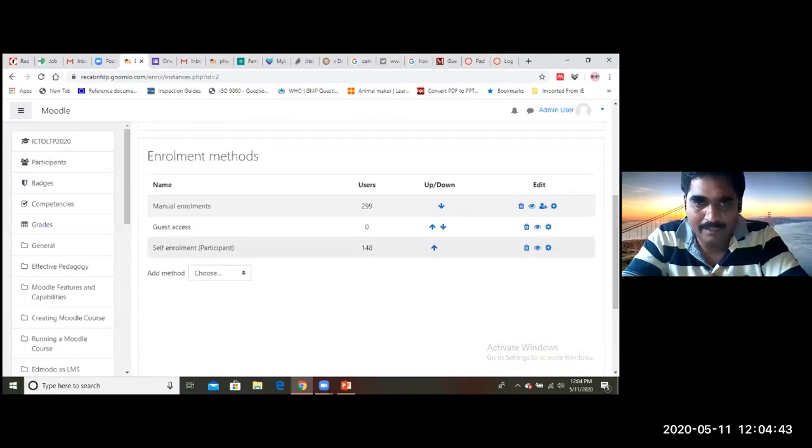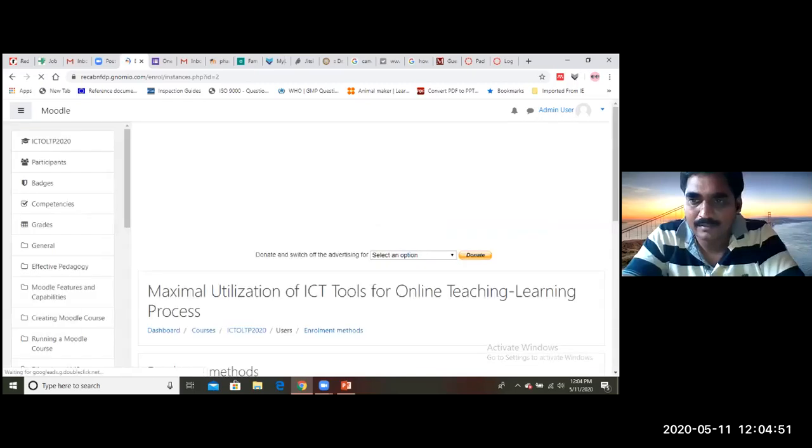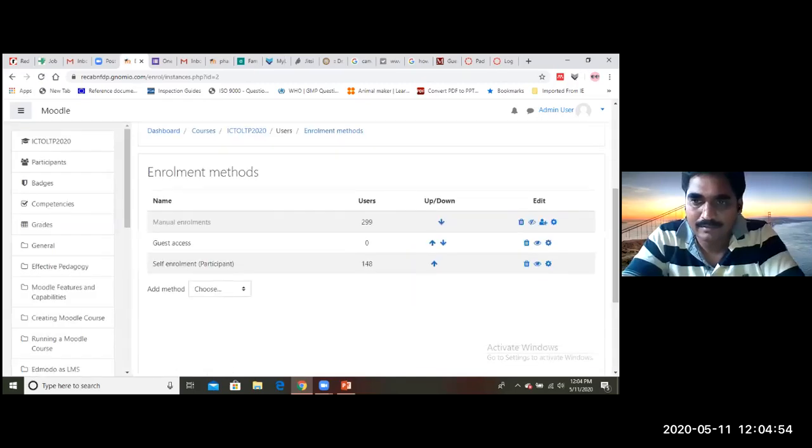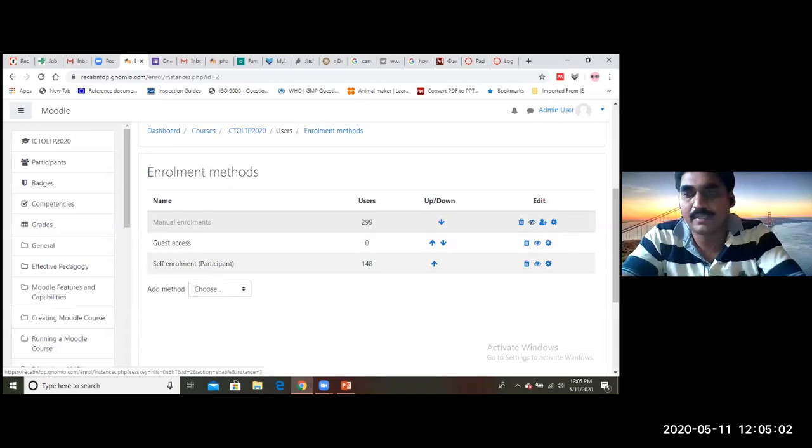You will find that in enrollment methods, the eyes are open. If I close this, that means manual enrollment is off. I will not be able to manually enroll any person. If you click on it, the eye will be open.